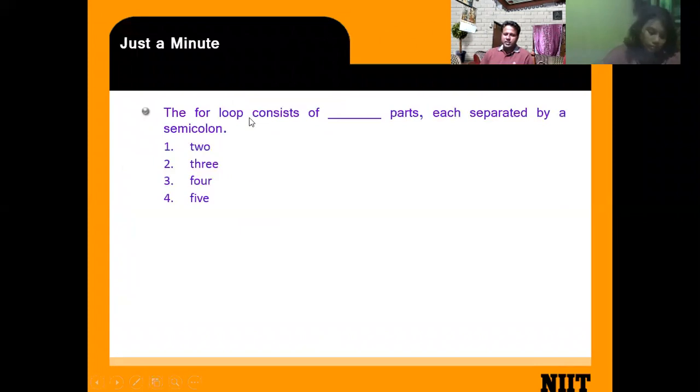So now there is a question for you. The for loop consists of how many parts, and each is separated by a semicolon?